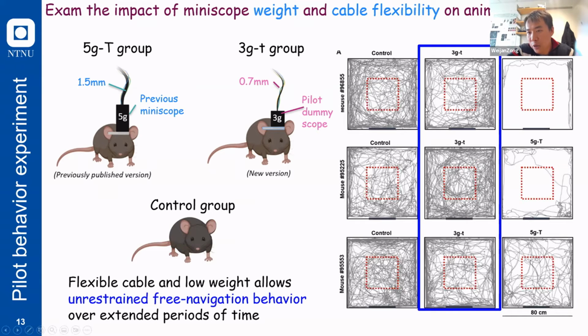From this result, you can see that the animals mounted with the 3-gram miniscope and a 0.7 millimeter SIG cable have quite a similar exploration ratio compared to control groups. This is an 80 centimeter box, and all of these gray lines are the trajectories of animals in a 30 minute exploration experiment. The animals with the 5-gram miniscope and a SIG cable, which is 1.5 millimeter in diameter, have a much lower exploration ratio,